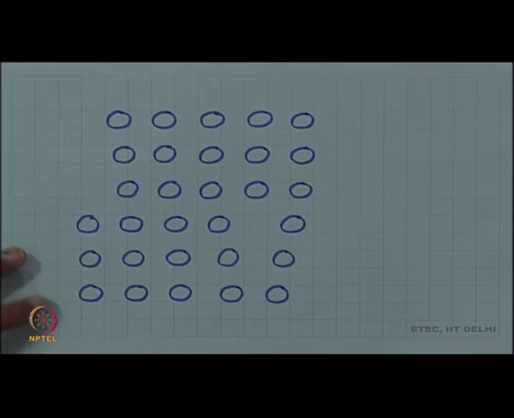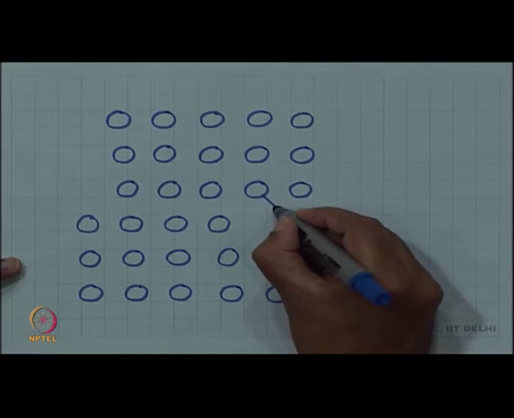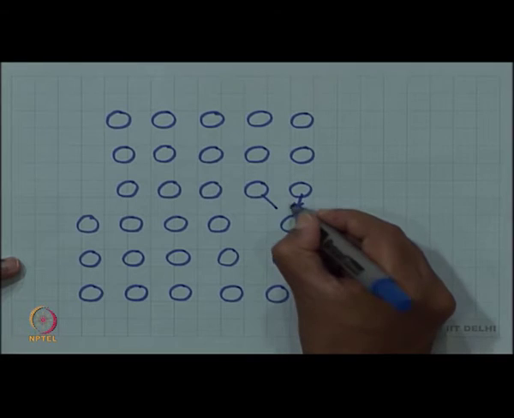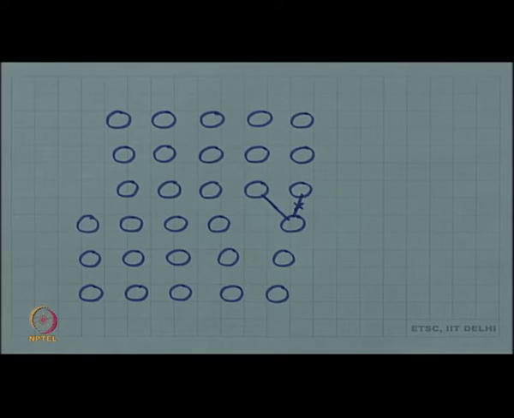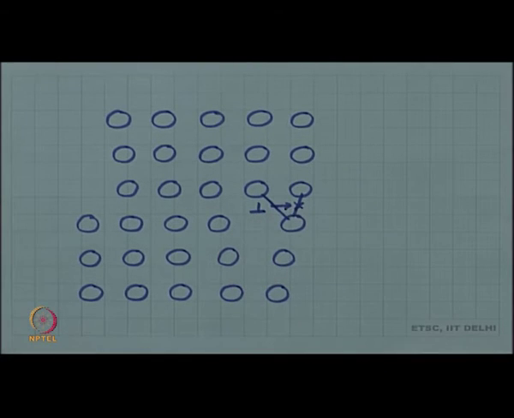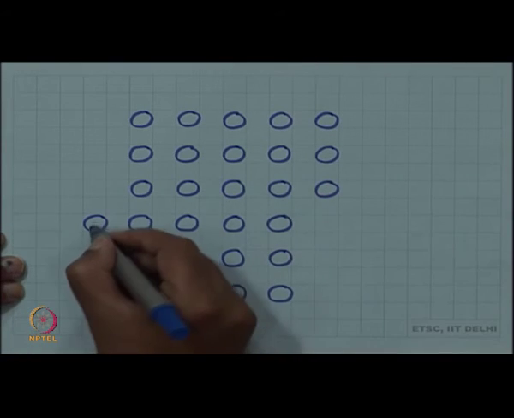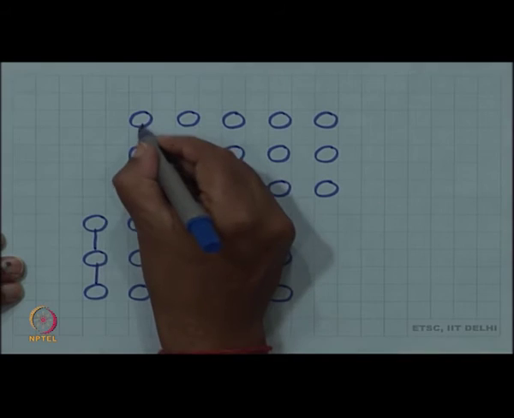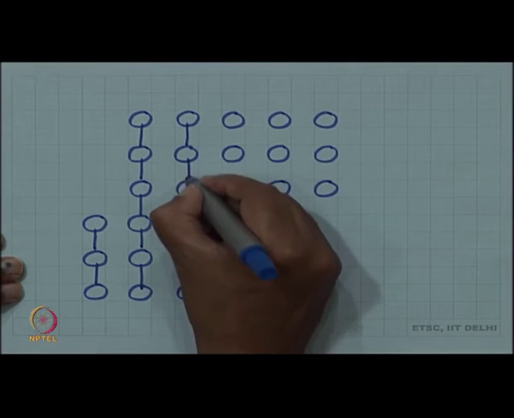Now, there is only one external plane left outside, and once I break this bond and connect it here, then this half plane will move out, the dislocation will be moving out of the crystal, and we will create a unit step in the crystal. So, this is the final arrangement where the extra half plane has now come out of the crystal. So, you can see that final deformation,